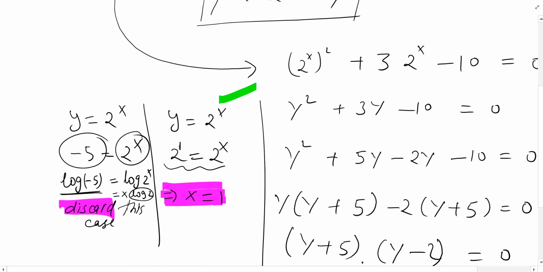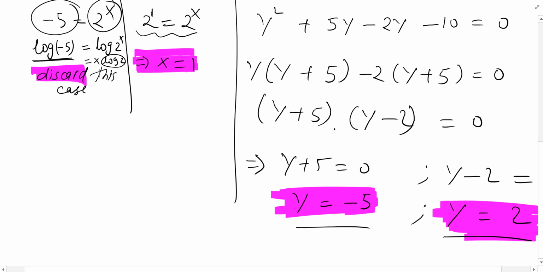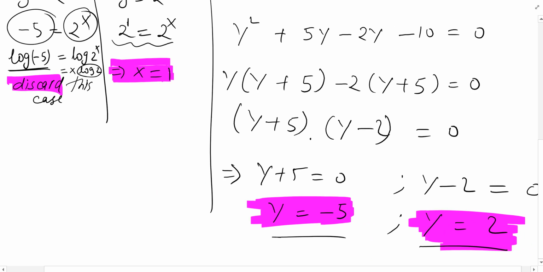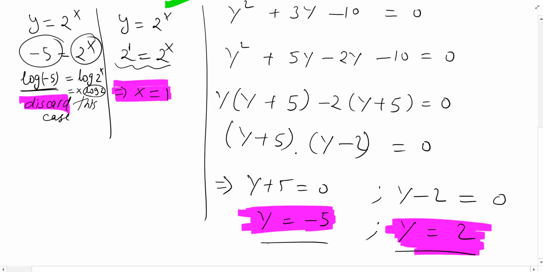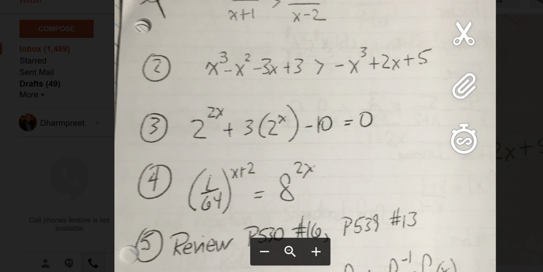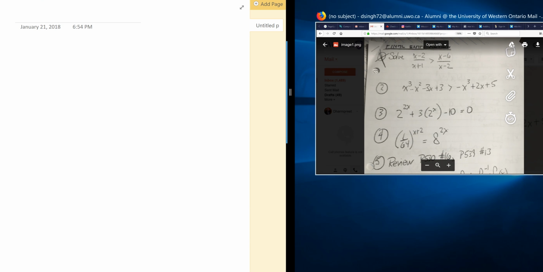All right. Good. Now we go to the next problem. All right. Now we're going to do the third question, sorry, fourth. Right, 1 over 64 raised to x plus